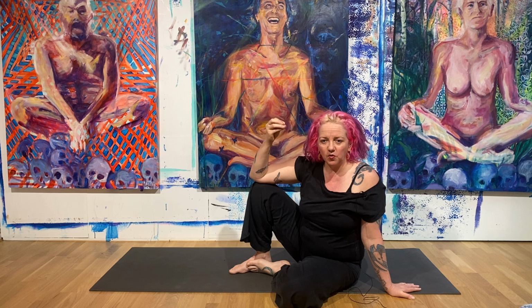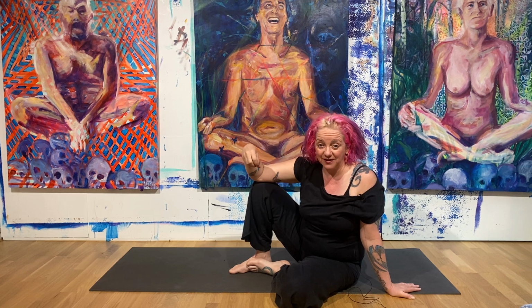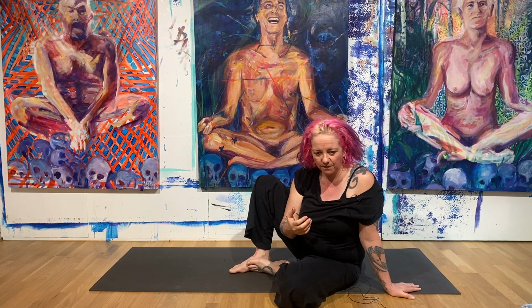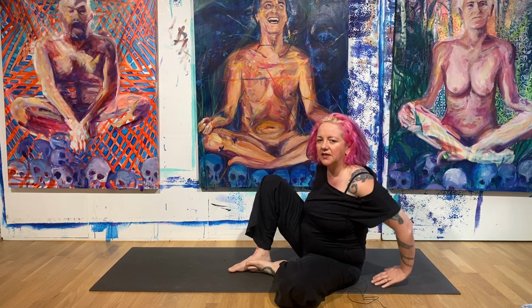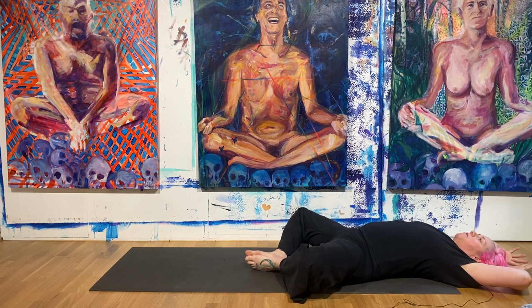And as adults, we don't get to experience just the physical or just the elemental or just the etheric and the physical. We actually always experience that together with the astral experience. So we have this layer of opinions and feelings and thinking around even something as simple as doing a yoga pose. Now allow your elbows to slide out to the side, and you can take your hands above your head